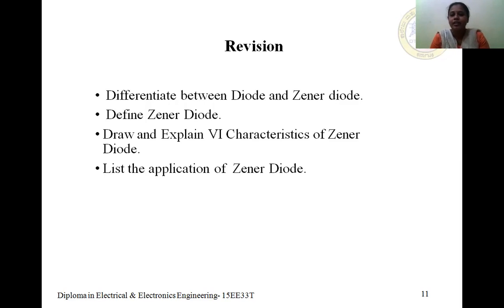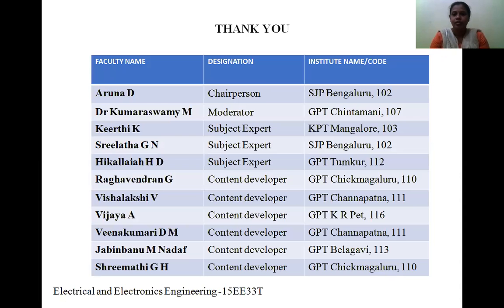Next question is, list the applications of Zener diode. Where do we use this Zener diode? Normally it is used as stabilizers or regulators. Next, it is used in surge suppressors. It is also used in peak clippers, switching operations and meter applications. So these are certain expected questions on this session 5. Okay, thank you.